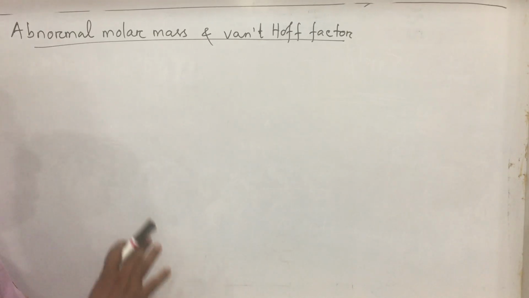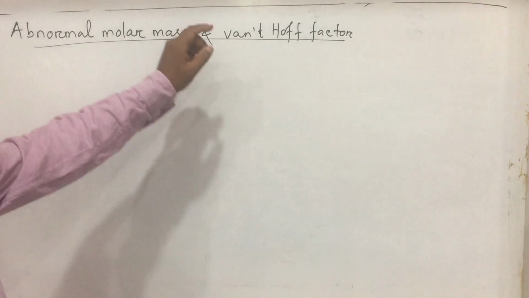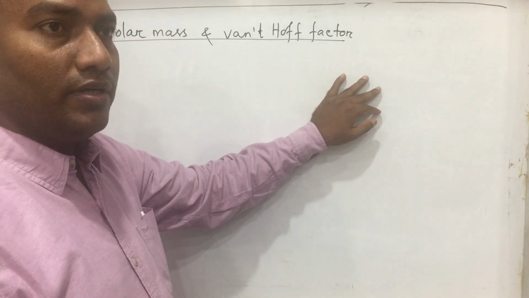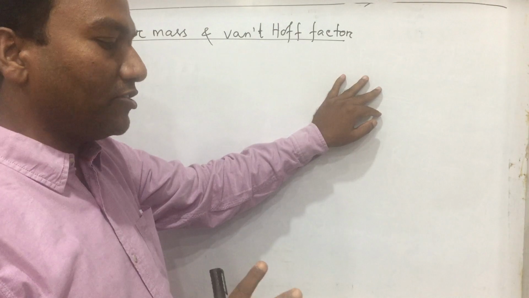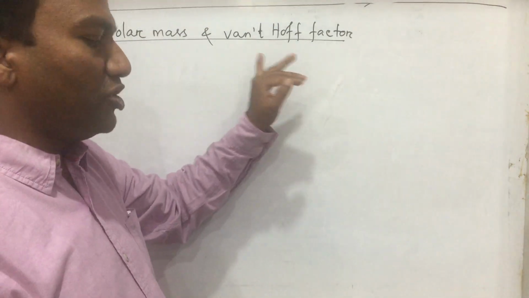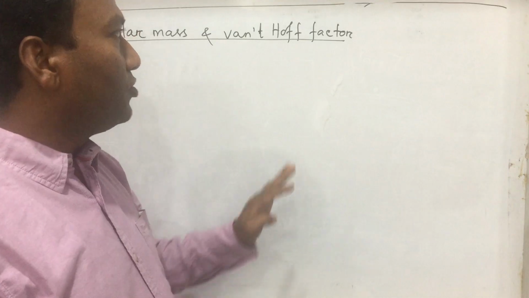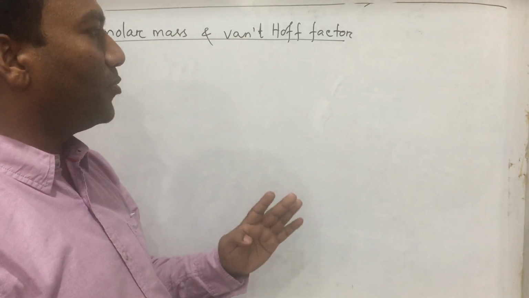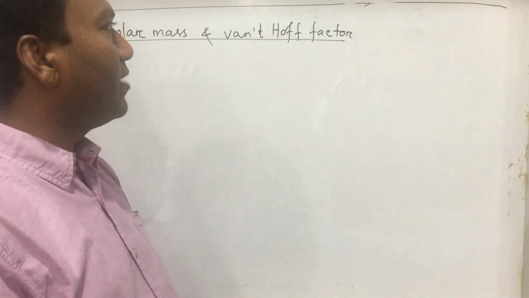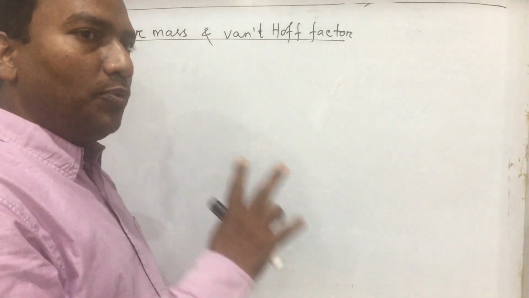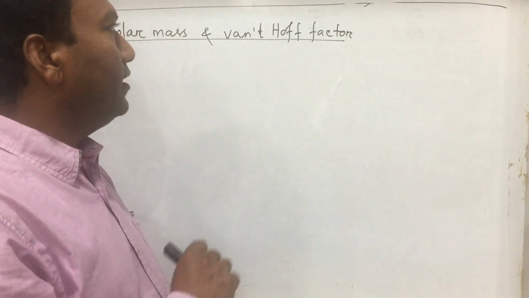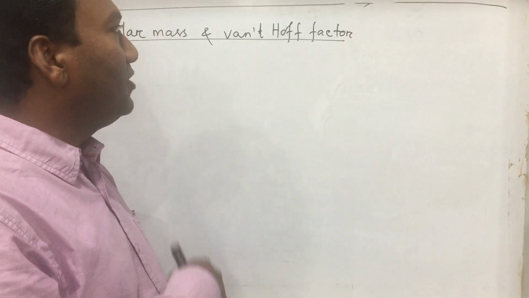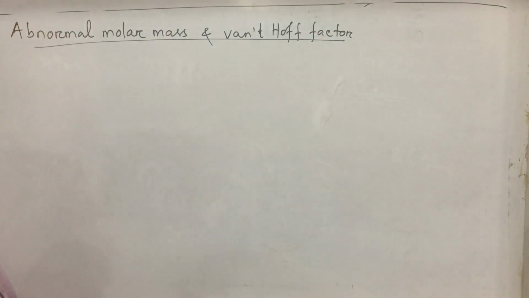So in this part we have read colligative properties. Colligative properties are the properties which do not depend upon the nature of the solute particle, but depend upon the number of solute particles present in the solution. We have read 4 colligative properties, and in all 4 we have also read the determination of the molar mass of a solute. All 4 colligative properties are true when the solute is a non-electrolyte. But when the solute is an electrolyte, all 4 colligative properties go wrong.